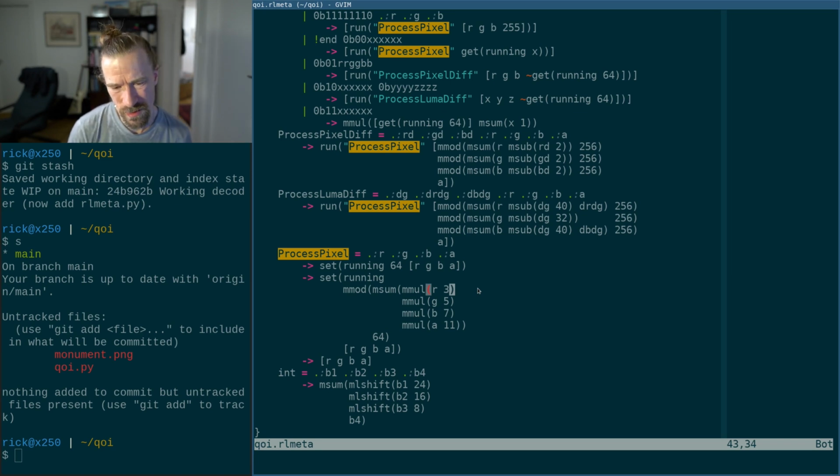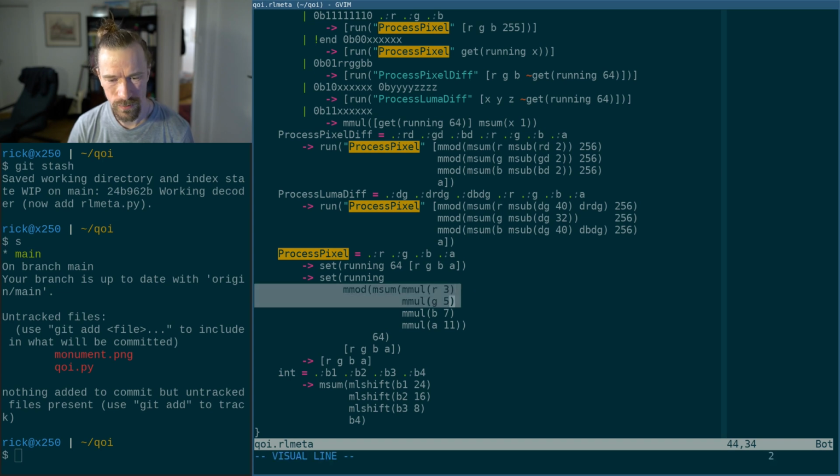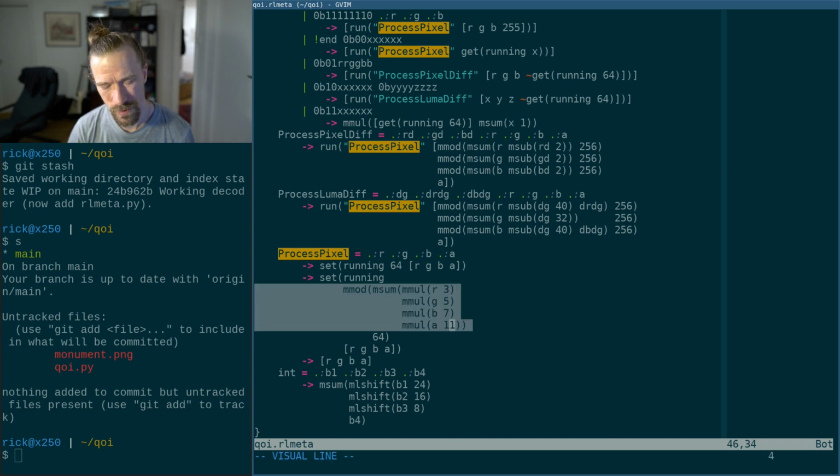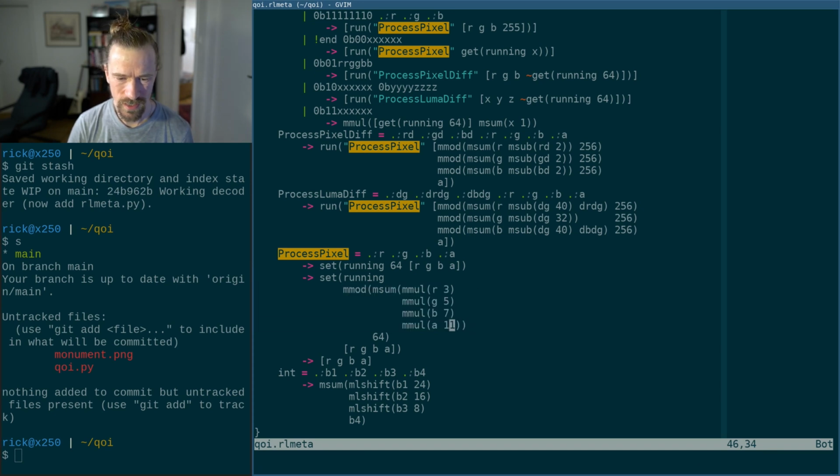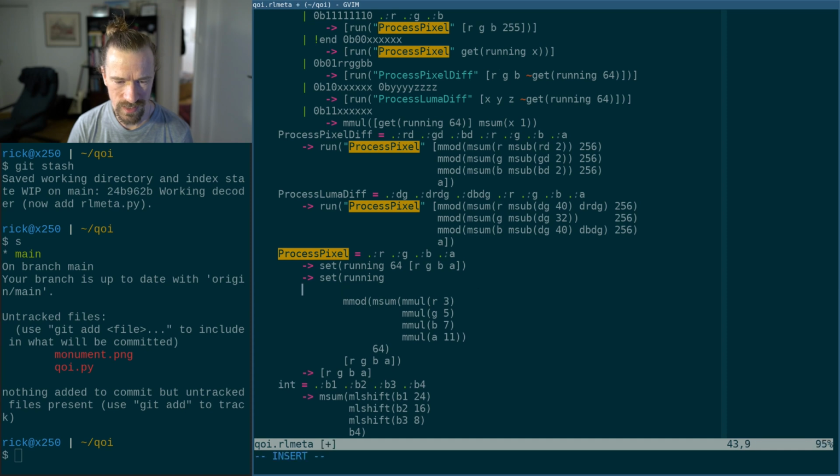So one thing that we could experiment with is to kind of support operators here, but to make that easy, we could use a Lisp-like syntax. So this part right here could be written something like this instead. So mod something